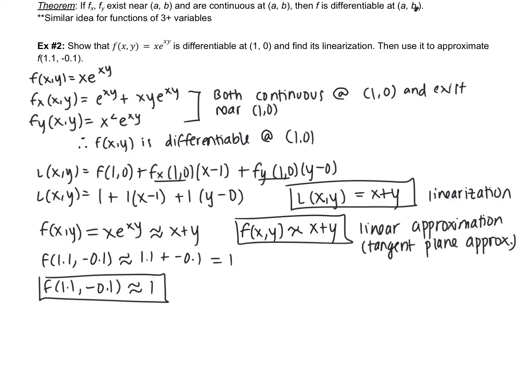Now, of course, you might want to know what actually is the value of f of 1.1 comma negative 0.1. If you plugged it into our original function above, you would get 0.98542, and that's rounded. So we can see our approximation is pretty darn close. Okay, so that's the idea with approximations, and we're going to add on to that with something next called the